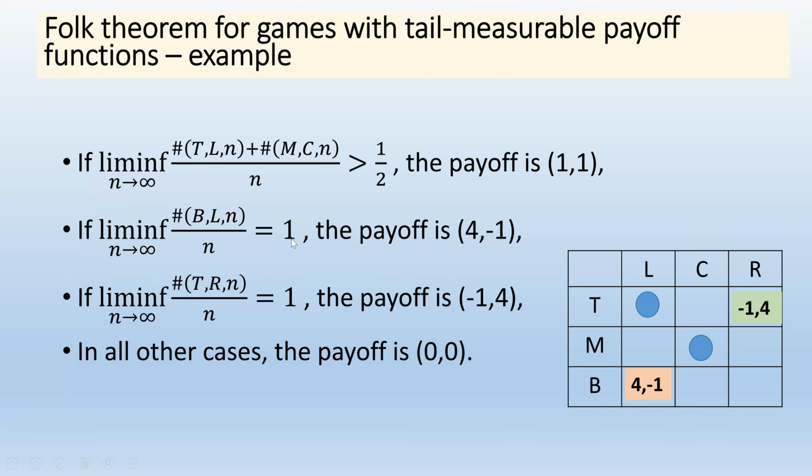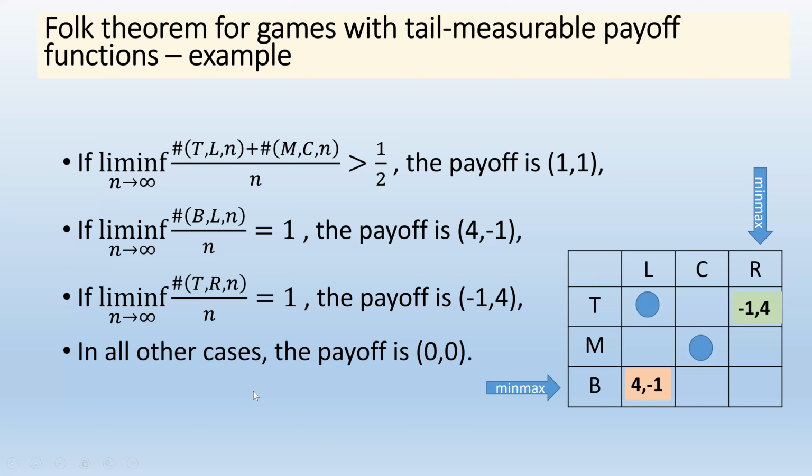Now, let's take a look at this matrix. Observe that if player 1 plays B forever, B, B, B, B, then the maximum player 2 can get is 0. And this is the min-max of player 2. So this is the min-max action of player 1, when player 1 is min-maxing player 2, and the min-max payoff is 0. Similarly, you can see it's symmetric. If player 2 is playing R, then the best that player 1 can do is 0, and this is the min-max. So we know the game, it has 4 possible realizations of payoffs.